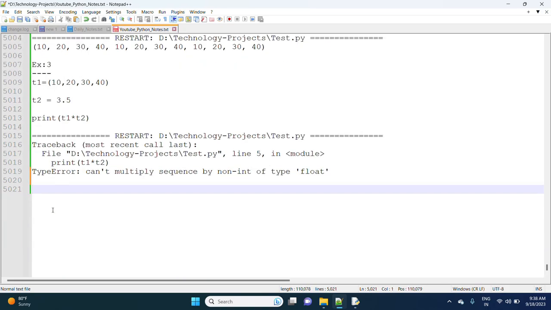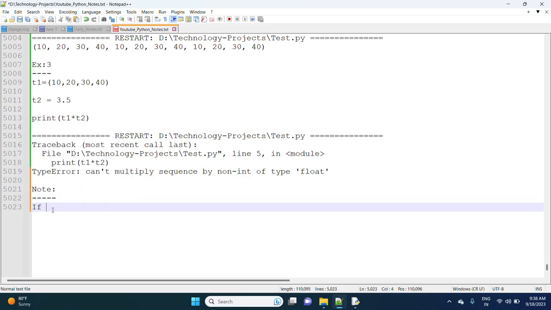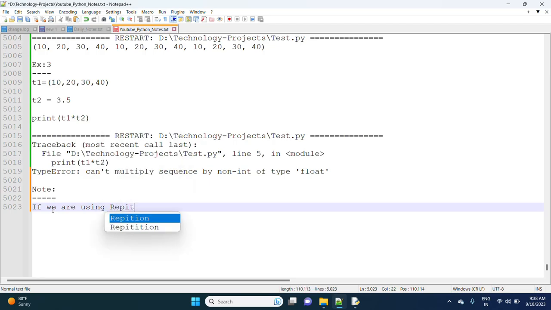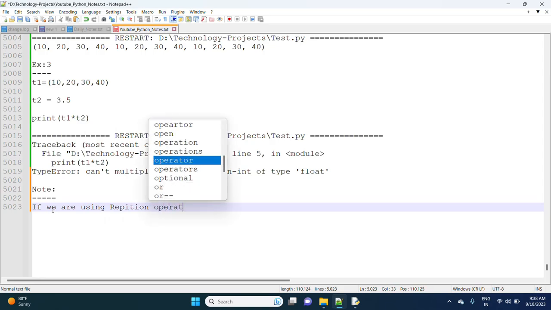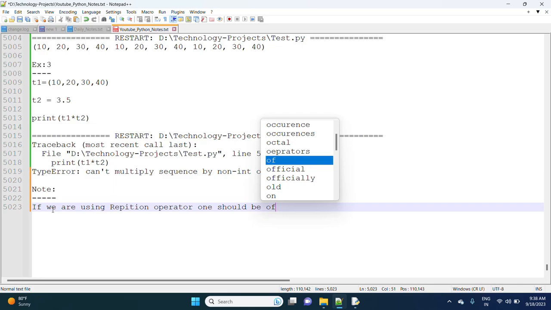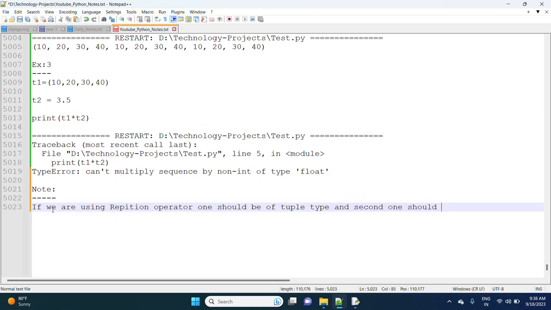Okay, note, if you are using the repetition operator, one should be of tuple type and the second one should be of int type,